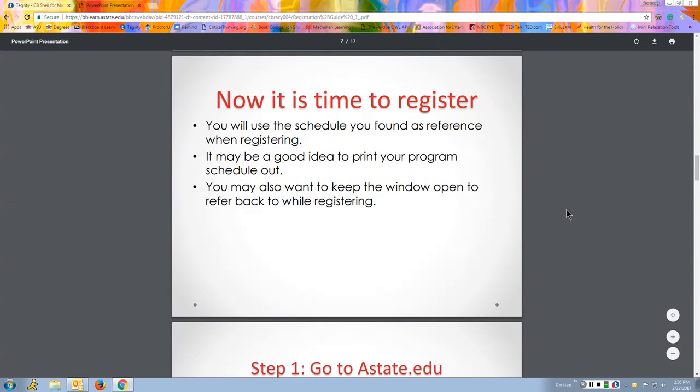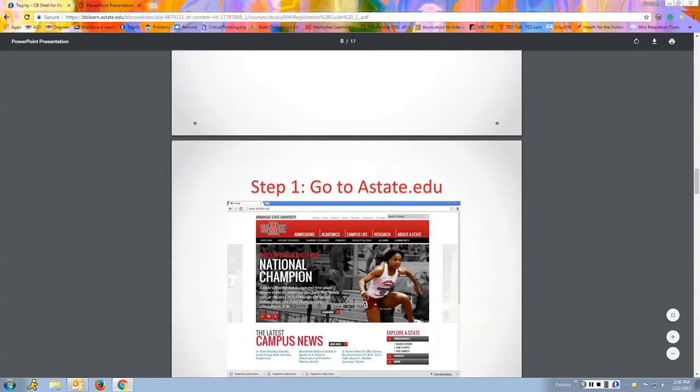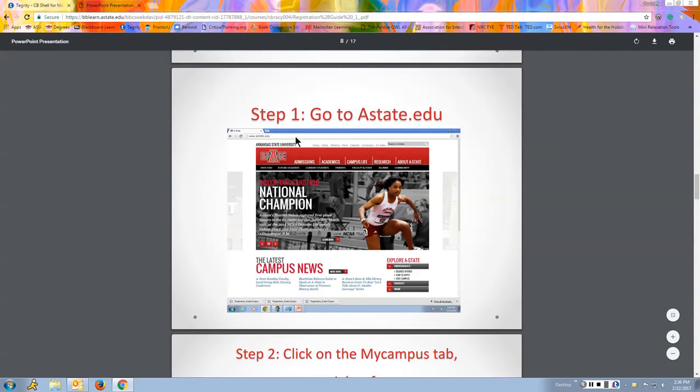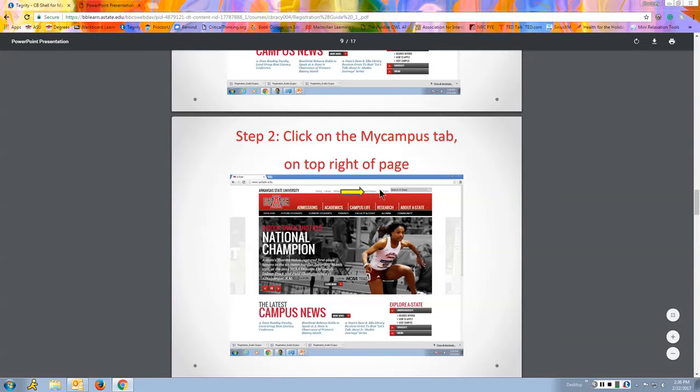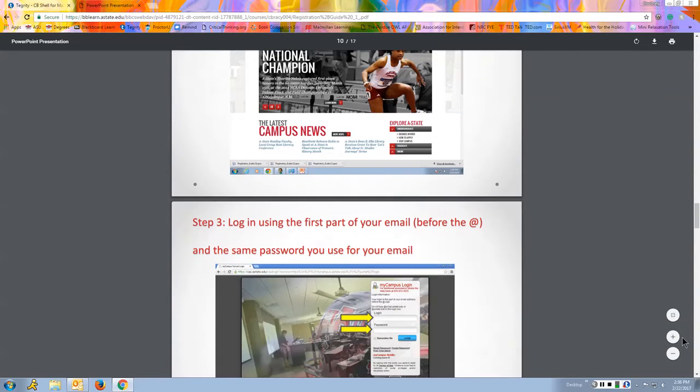Okay, now it's time to register. You want to probably go into a web browser, and we're going to go to My Campus. So the first step is to go to astate.edu, which is Arkansas State University's homepage. And at the top of the homepage, you'll see a link that says My Campus. It's pointing right here with the yellow arrow. Click on My Campus,